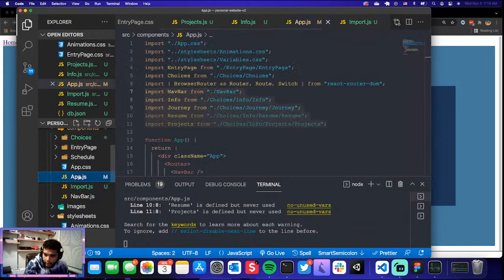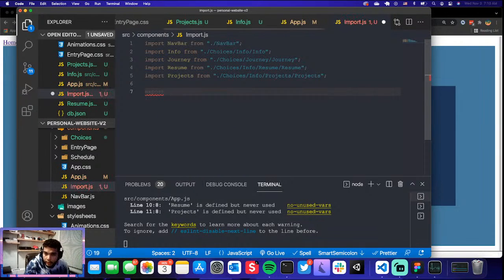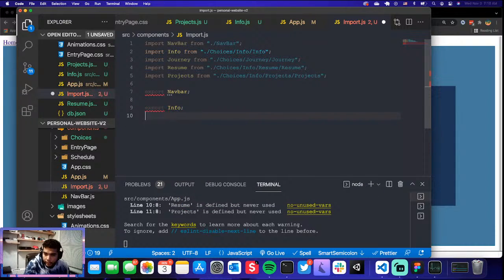And in here, I'm gonna grab this and import it in here. And then I'm gonna export them. So then I'm gonna do export navbar, export info, so on and so forth,